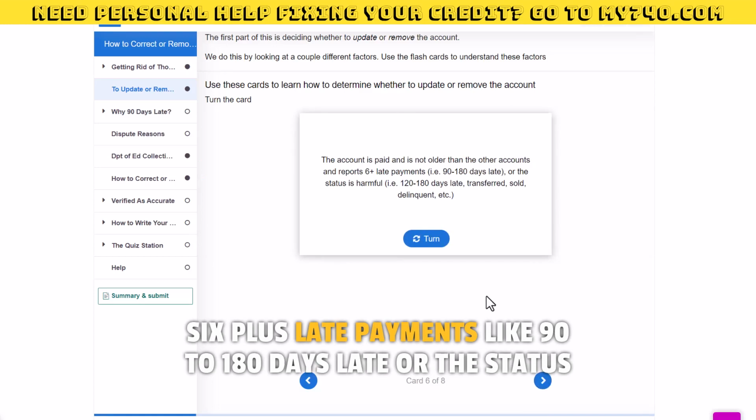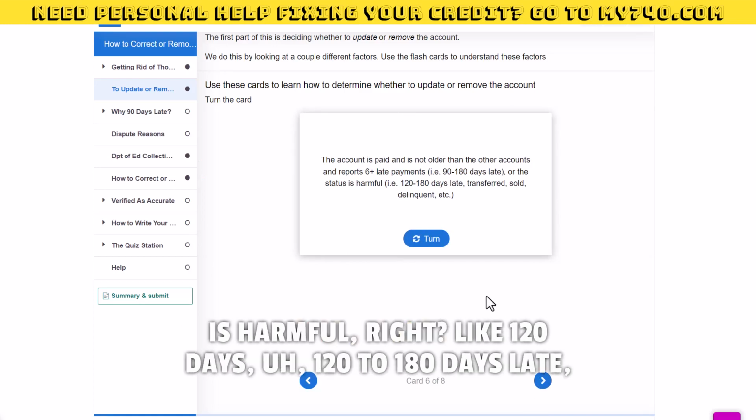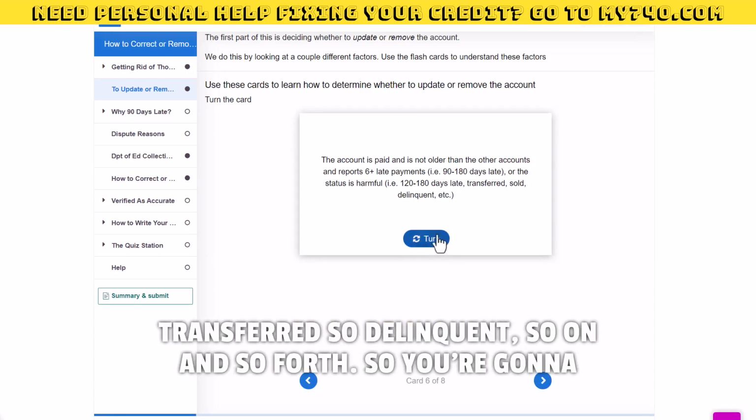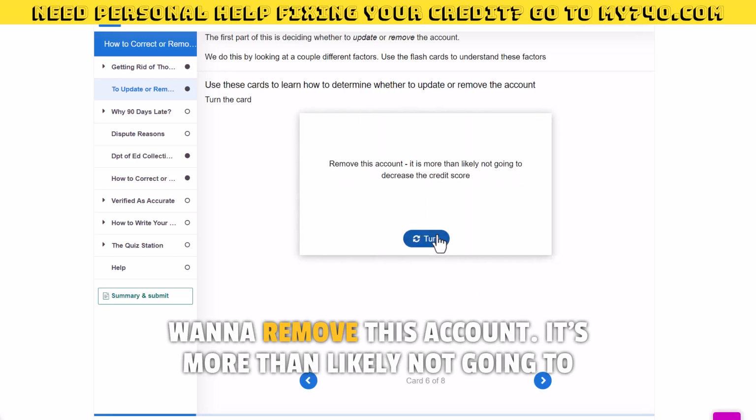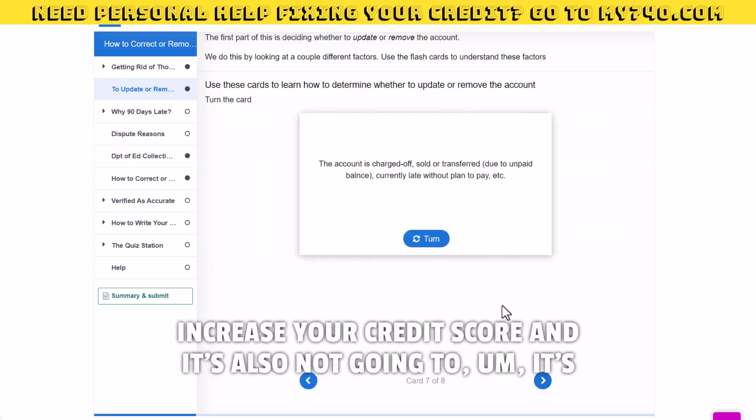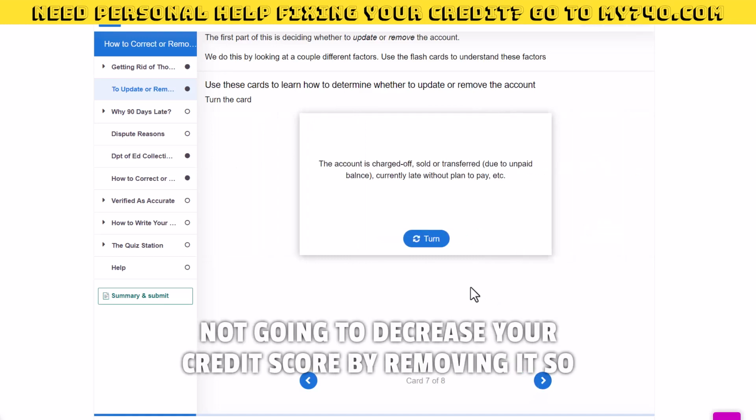late payments like 90 to 180 days late, or the status is harmful, right? Like 120 to 180 days late, transferred, sold, delinquent, and so on and so forth. So you're going to want to remove this account. It's more than likely not going to increase your credit score,